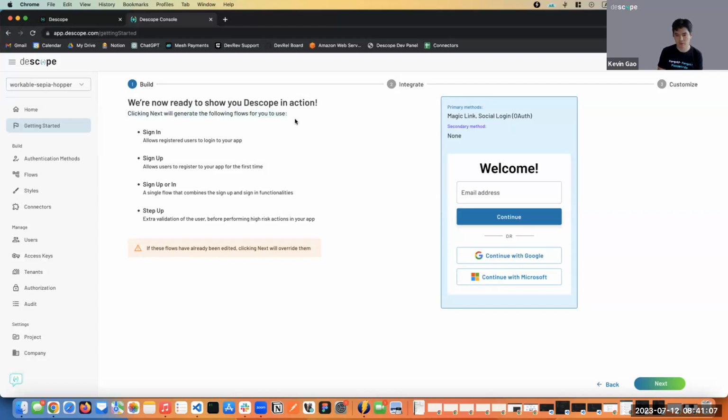So this is what's important. These sign in, sign up or in, and step up are flows that are going to be generated for us when we click on next. They'll be generated based on the selection that we previously made. So we want, as a primary mode of authentication, magic link and social login. We don't want any MFA. And when I click next,